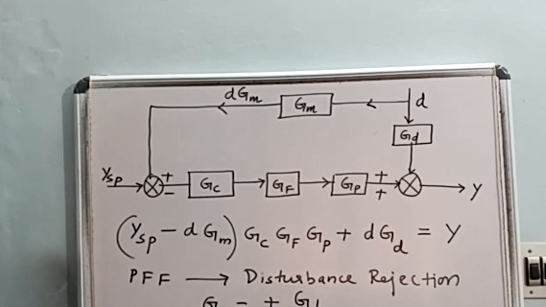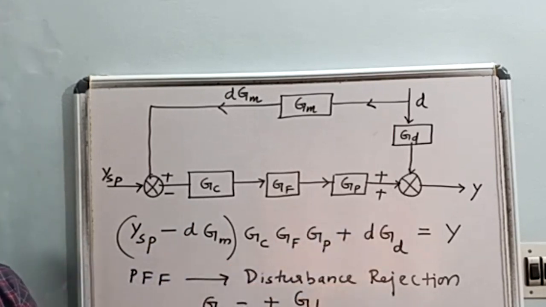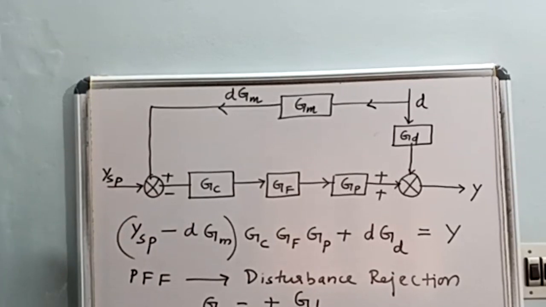This is your normal disturbance rejection. Then you have the second case. The second case you can also go through, even though they haven't asked questions so far from set point tracking. What is the specialty in set point tracking? Your YSP and Y both will be the same. When set point tracking is done, there will be no change in the disturbance, and YSP and Y will be the same. So you will have another equation for GC. Remember both. That will be your feed forward controller.